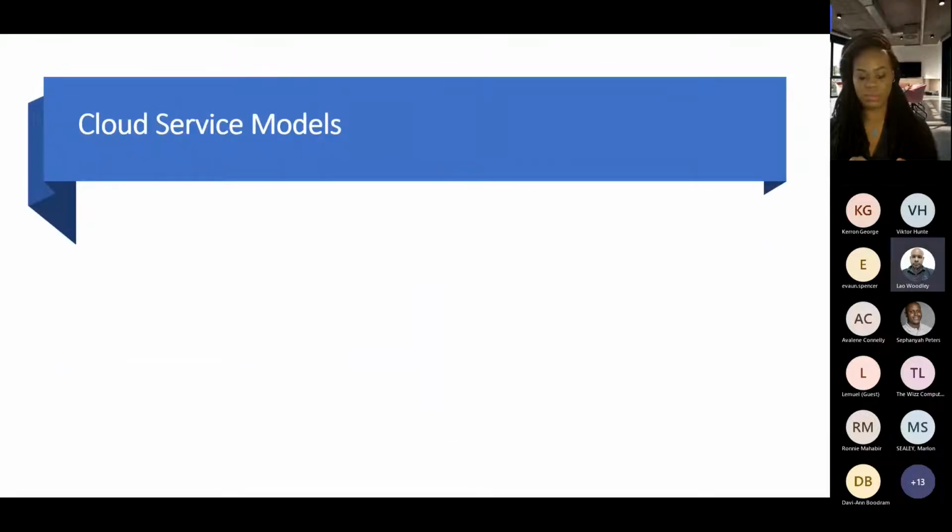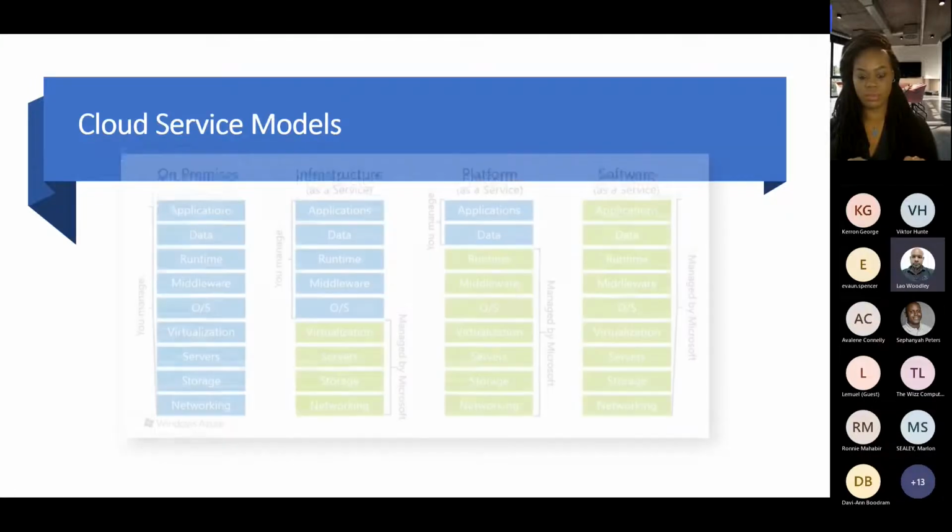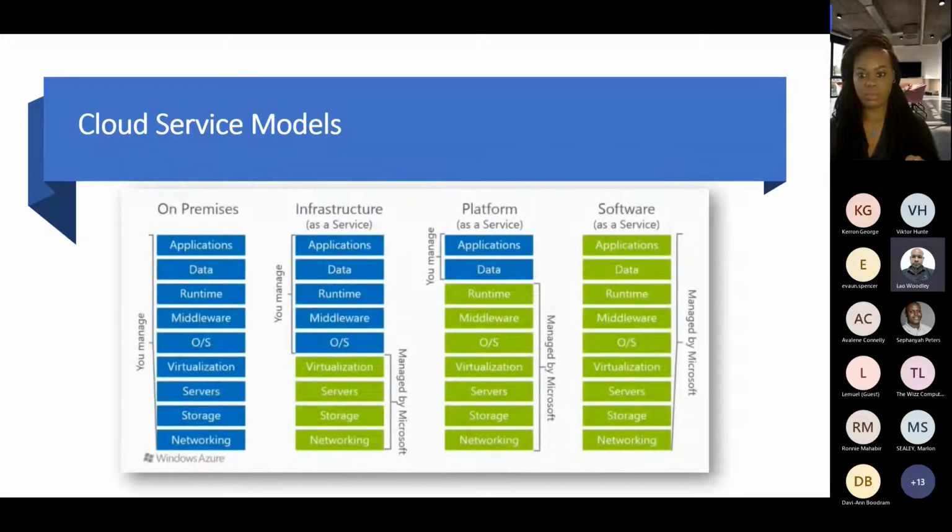So what is it that makes up this cloud? What is this cloud made of, right? So the cloud, Azure, is mostly made up of these three particular service models. To the left, we have a technology stack that represents our on-premises deployment model. The cloud here speaks to the majority of the components or building blocks.